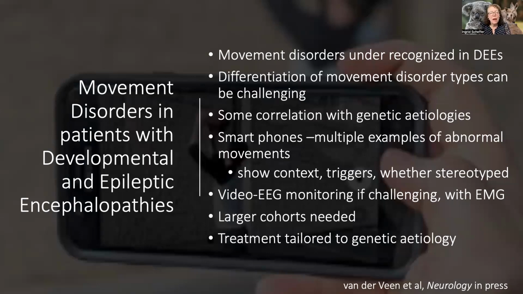So I ask families to do me 3 examples of each movement disorder, and that way I can look at the context in which it occurs. What's the child doing? Are there any triggers? And how stereotyped it is, which means how much does it look the same every time? We found some correlation with specific genetic, developmental, and epileptic encephalopathies, but we need larger cohorts. And my dream, and I think will be reality, is that one day our treatment will be tailored to the